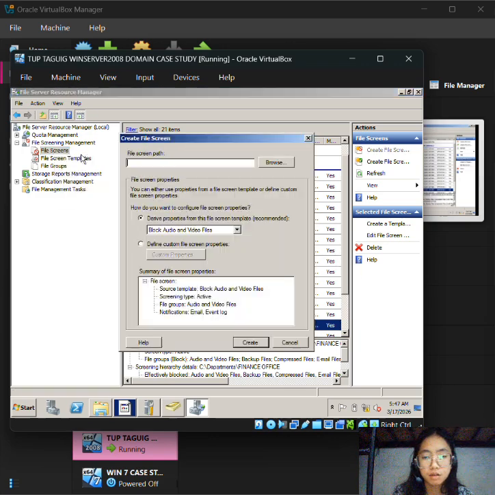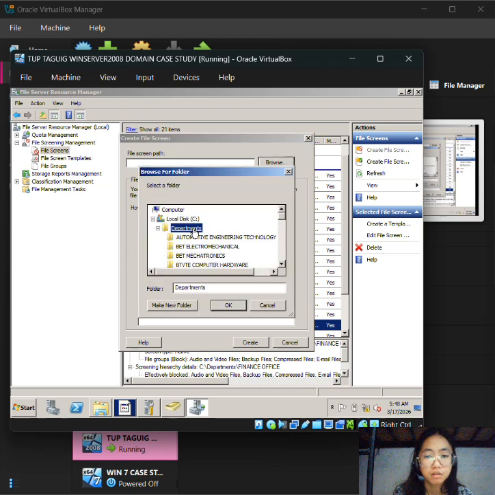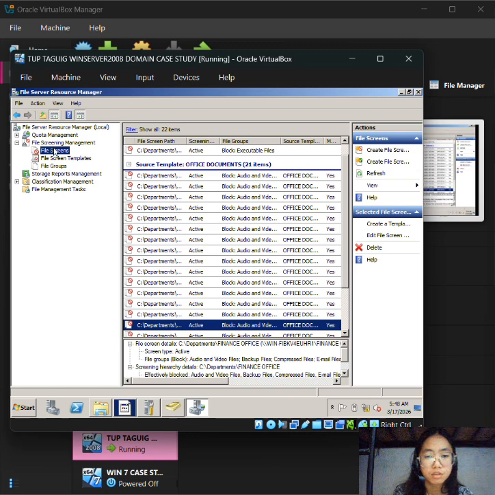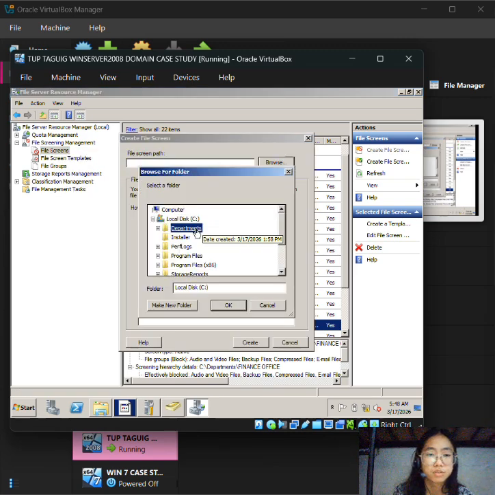This file sharing setup ensures secure access, proper organization, and efficient file management across the network.